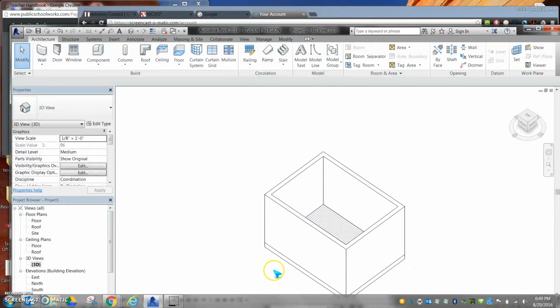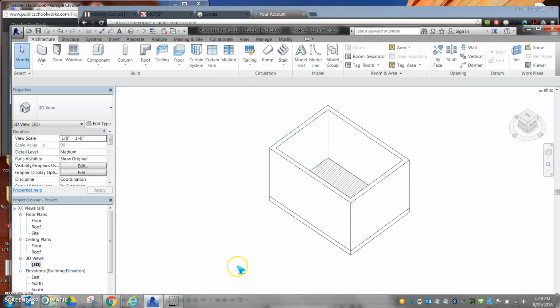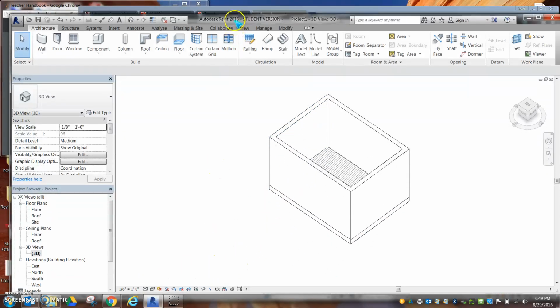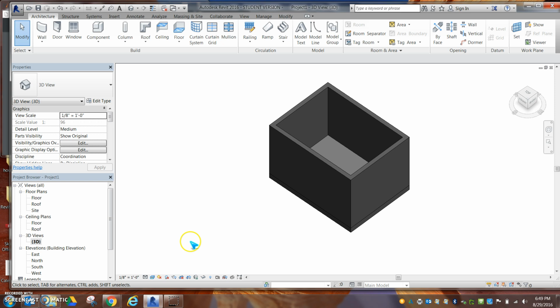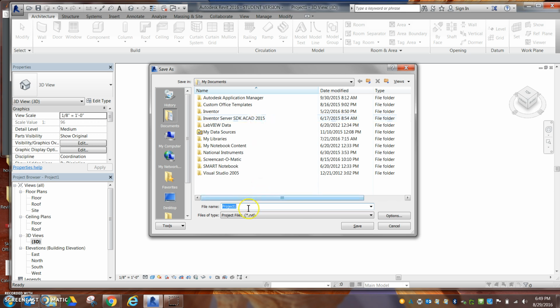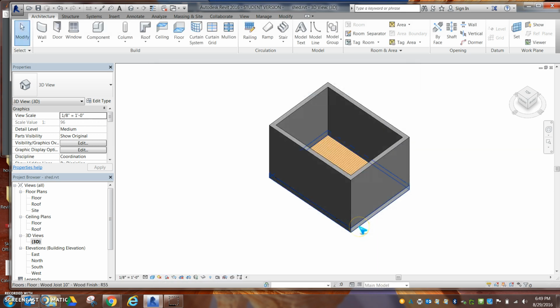And I can look at different views. If I go down to the bottom of the Revit window, I have a couple different options. I have the detail level I can change and the visual style. So if I go to realistic, kind of grays everything out. If I go to shaded, it kind of shows the lines. So I'm going to go ahead and save that. Just something you want to make sure you do quite often after you create something. So the next thing we're going to do is create a gabled